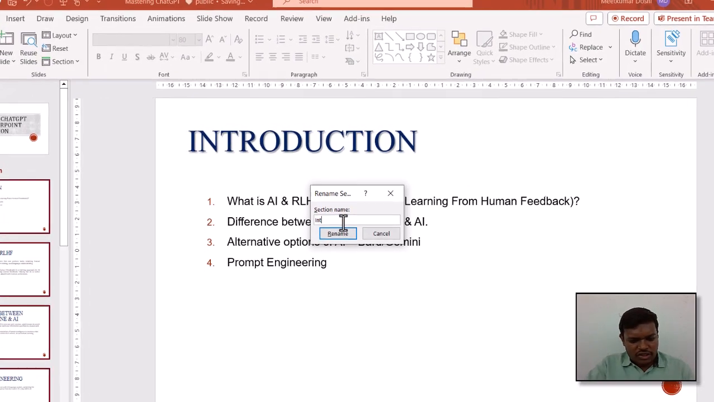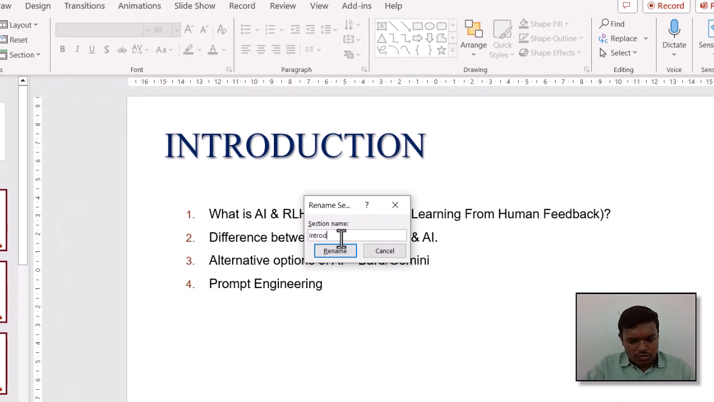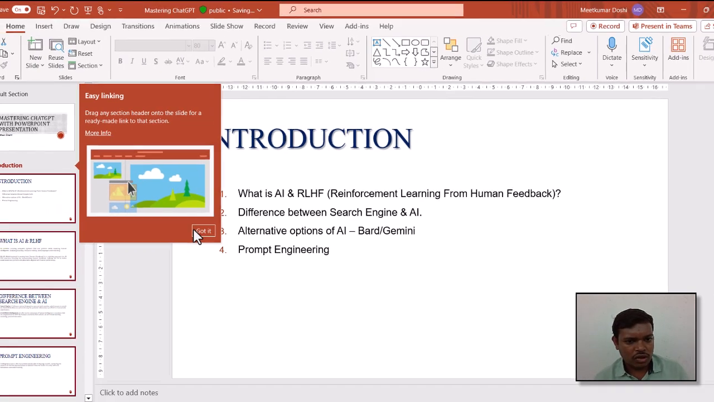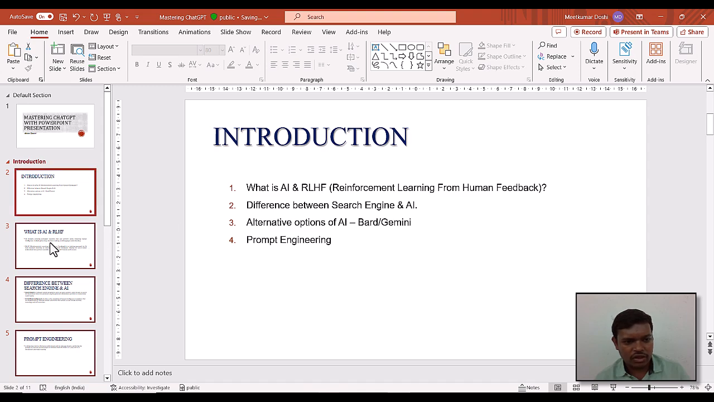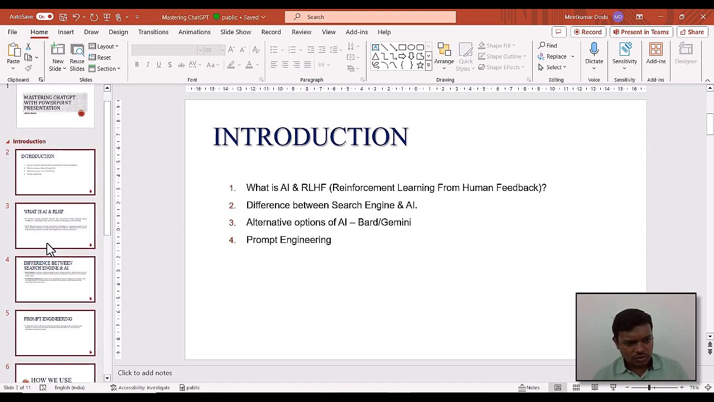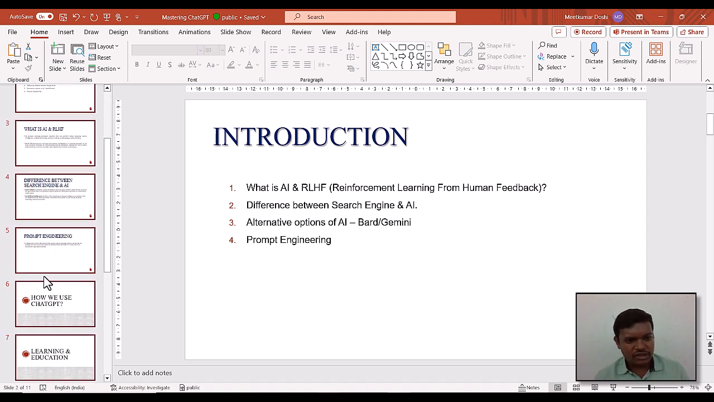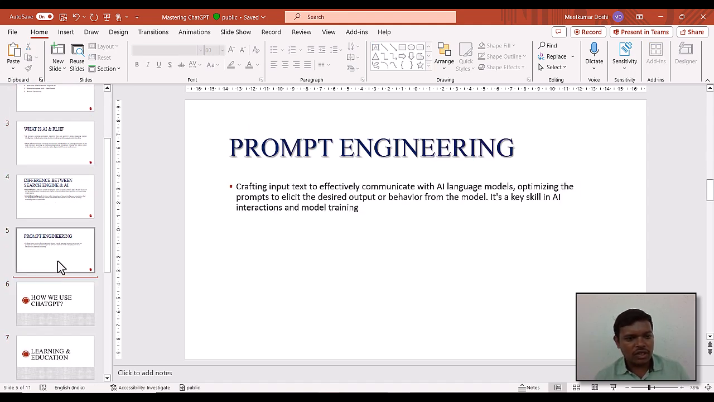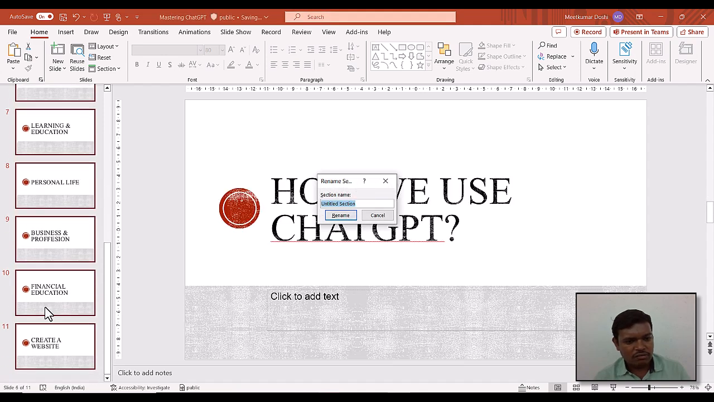So here I am just writing introduction and pressing enter. So our section has been renamed as introduction, but it contains everything, and we don't require this. So we have to break this section till here only, for prompt engineering. Okay, so how do we use this ChatGPT? Here we will again press Add Section,